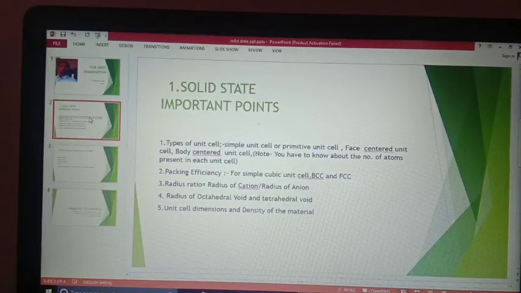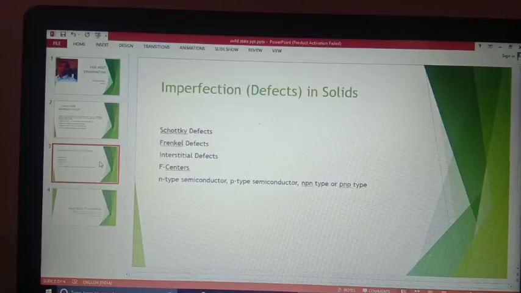Here I am giving you a trick. If there is a question asking what the Avogadro number is, you know very well, Na is 6.02 into 10 to the power 23 per mole. So without solving a numerical for solid state, if you are asked to calculate the Avogadro number, you write down the value, 6.02 into 10 to the power 23. So this formula is very important.